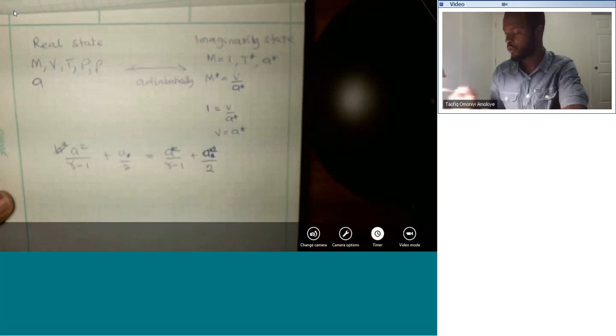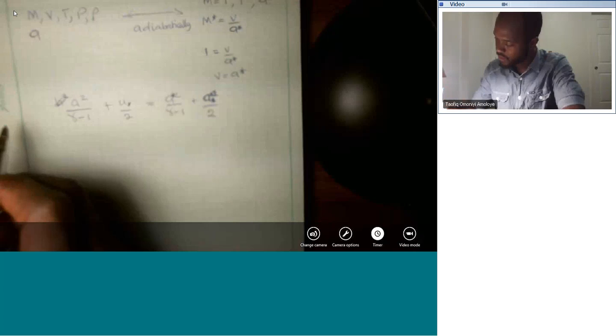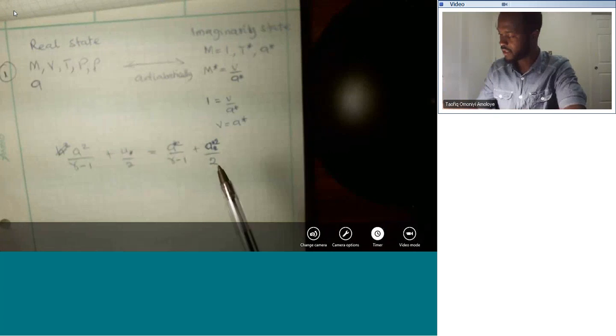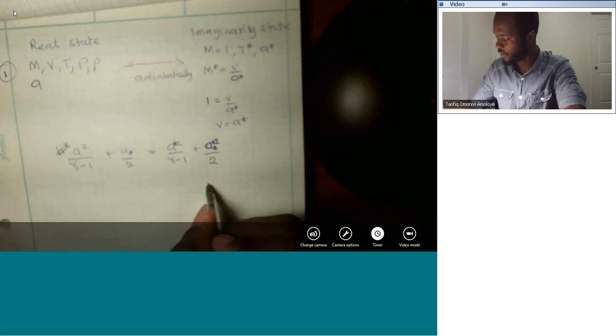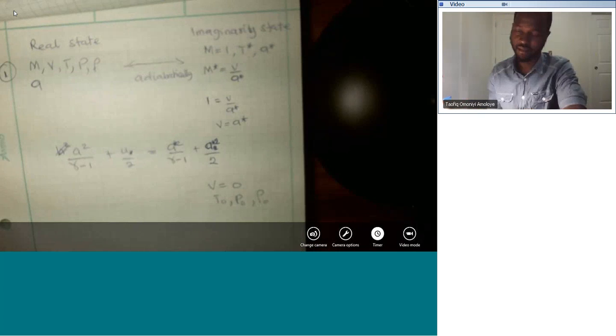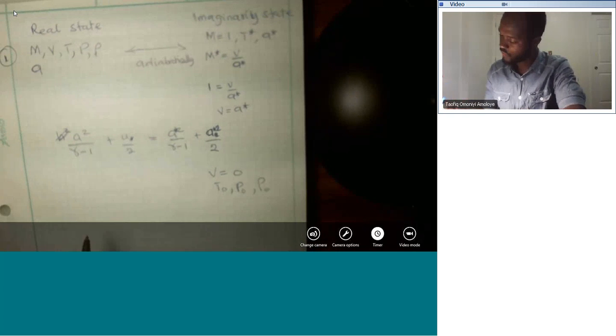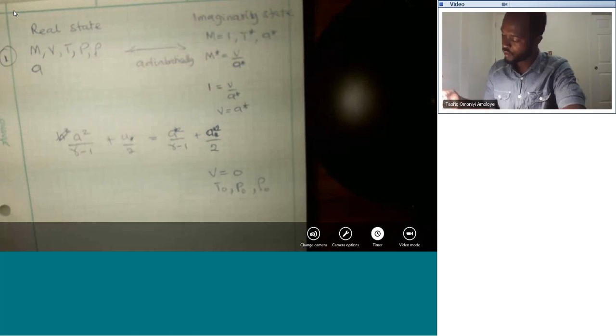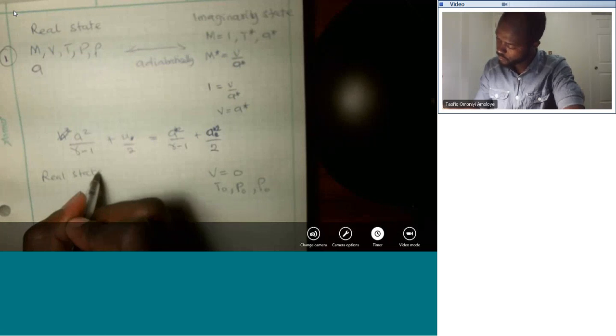So this is the first process. We are going to the second imaginary state where the velocity is now equal to 0. The temperature is T0, the pressure is P0, and the density is ρ0. That is the stagnation condition. So if we try to write this kind of equation for the stagnation condition, that means going from the real state to the stagnation state,